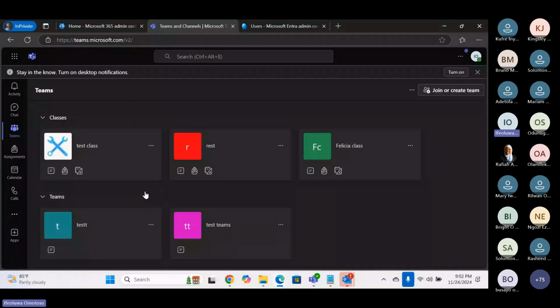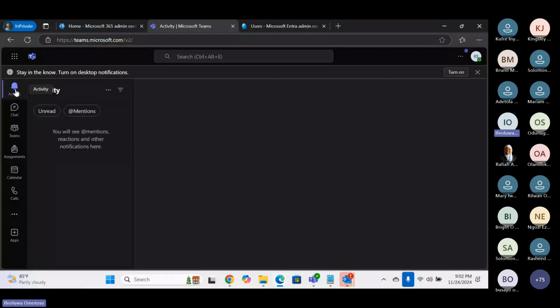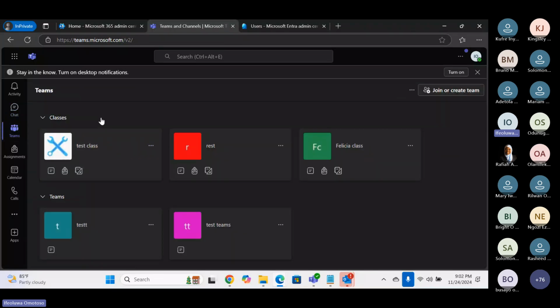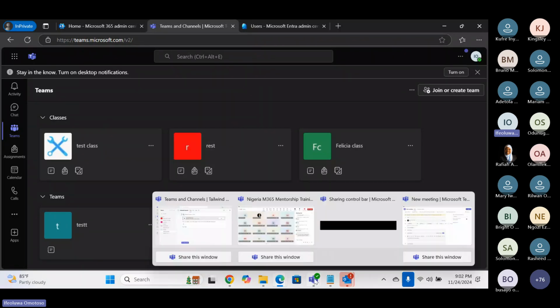So now for this environment, you can see the activity is there, which was mentioned. You can do the at mention on red and other things, which is just like a notification. The chats, you can have one-on-one chats, you can have one-to-many chats, right? The teams is there. Now, the teams, I'm going to come back to it. Let me not mix it up with what we are doing, right? Because it's still the same Microsoft Teams. Now, if the